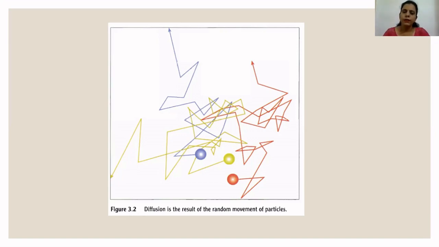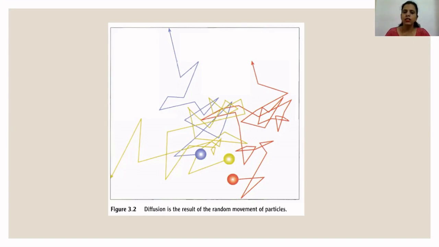Now diffusion occurs around us in our surrounding, as well as it also takes place inside living organisms' bodies. When we say that diffusion can take place inside living organisms' bodies, inside our body we have cells, and cells are always surrounded by a semi-permeable cell membrane. So remember, for diffusion, a cell membrane or semi-permeable membrane is not compulsory. Diffusion can take place around us in our surrounding where no membrane is present, and it can also take place inside the body of a living organism, inside a cell where the membrane is present.